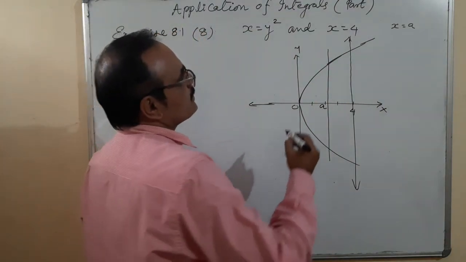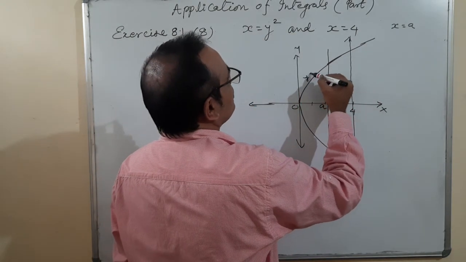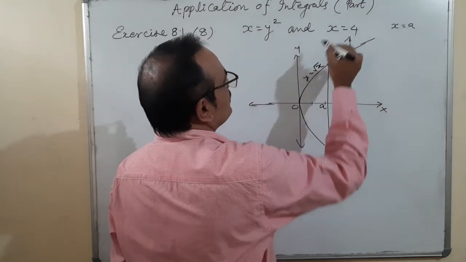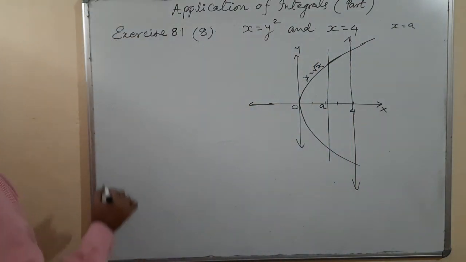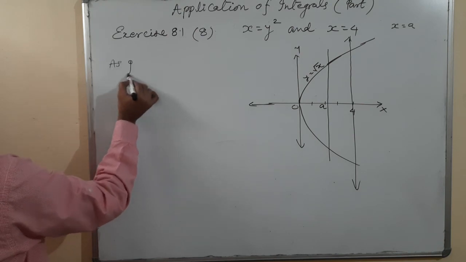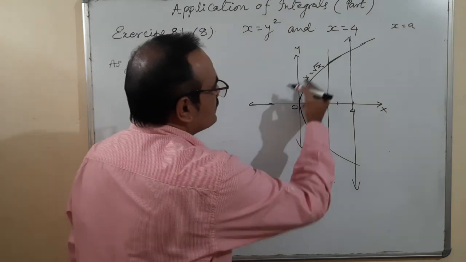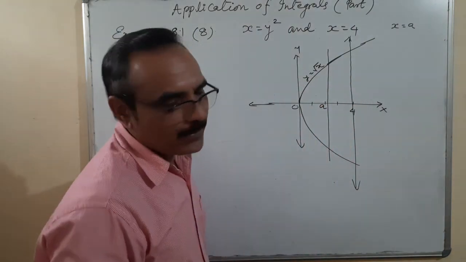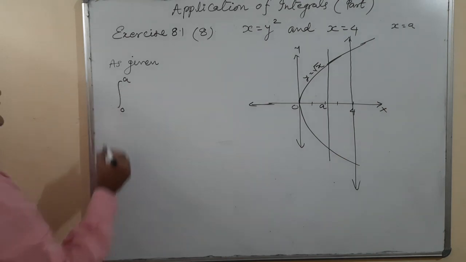The meaning is, this is the equation x is equal to y square. That means y is equal to under root x. This is 1. x is equal to 4 and x is equal to a. As given, area of this is equal to area of that. It is given. So as given, may I write 0 to a